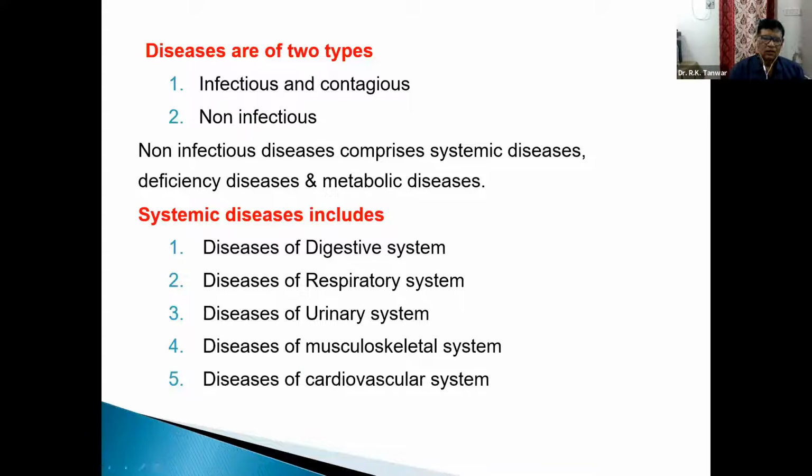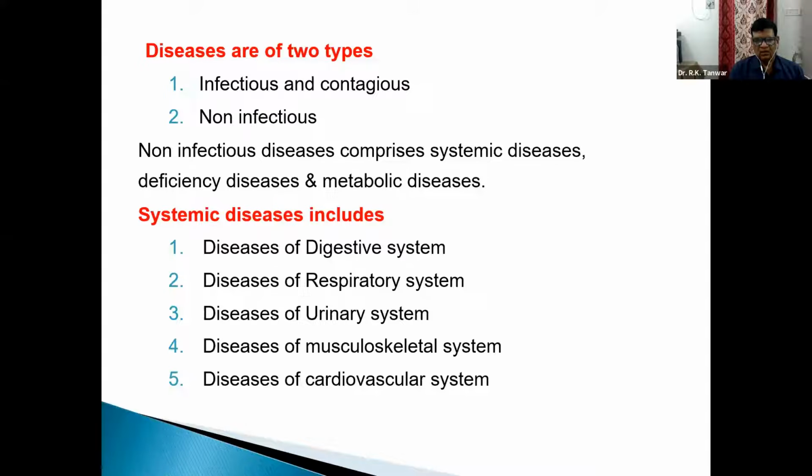Now, diseases can be classified in two ways. There are two types of diseases: infectious and contagious, and non-infectious. So a field vet must know what infectious, contagious, and non-infectious diseases are. Non-infectious diseases comprise systemic diseases, deficiency diseases, and metabolic diseases. In systemic diseases, as you know, we have different systems in our body: digestive system, respiratory system, urinary system, musculoskeletal system,